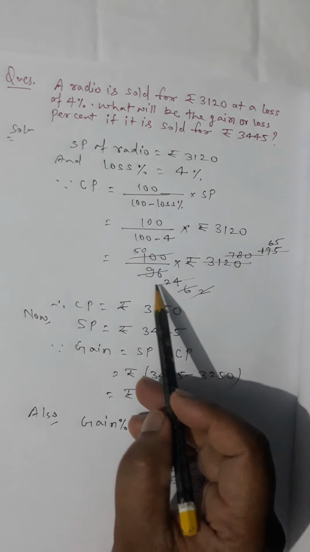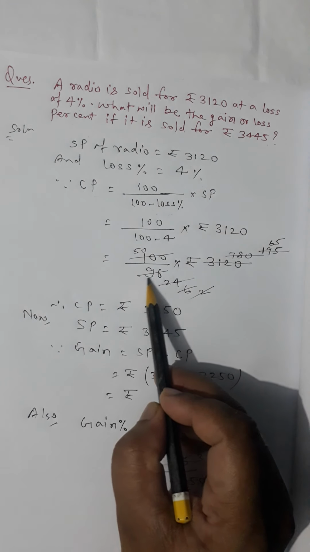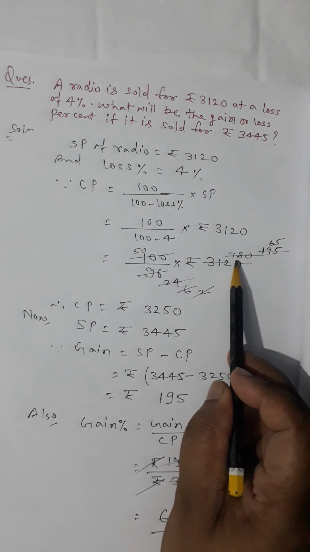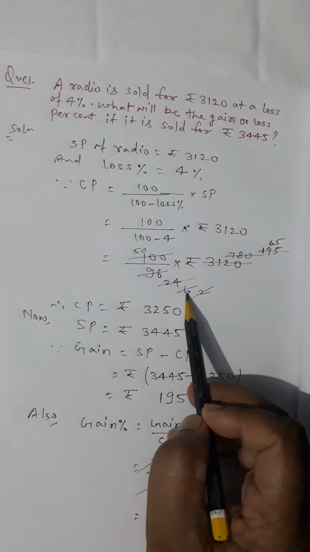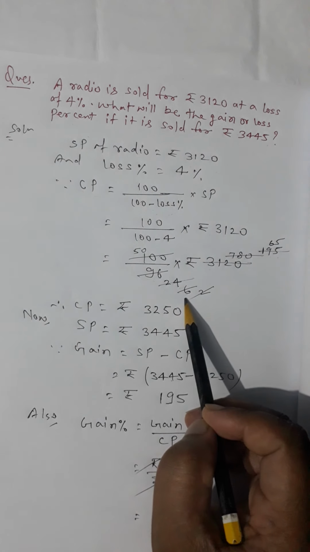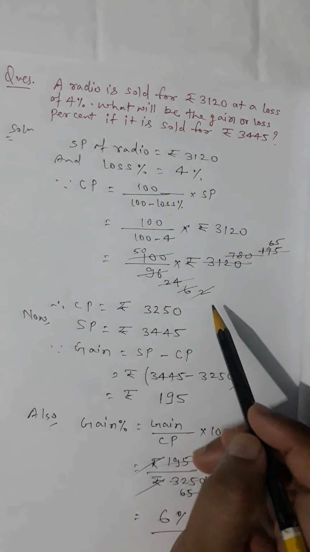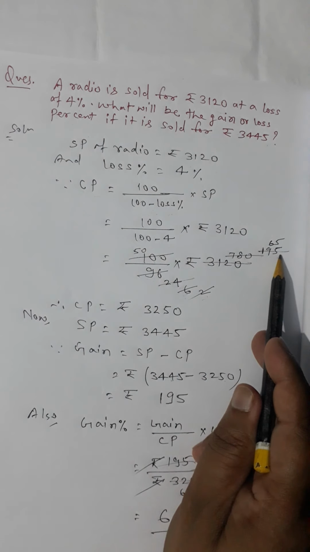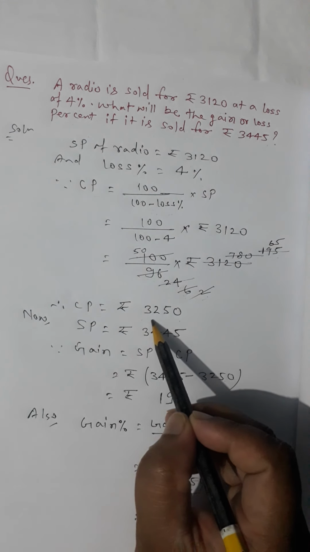So subtraction of these two becomes 96. So first of all, from the table of 4, listen to me, from the table of 4 this 96 cancels out from 24 times, and this 3120 cancels out from 780. Okay, again from the table of 4 it is cancelled out from 6 times, and from the table of 4 it is cancelled out from 195. After that from the table of 3 it is cancelled out from 2 times, and from 65 times. Okay, after that from the table of 2 it is cancelled out from 50 times. Okay, now this 50 multiplied with 65 becomes rupees 3250. When 50 multiplies with 65, then it becomes 3250.